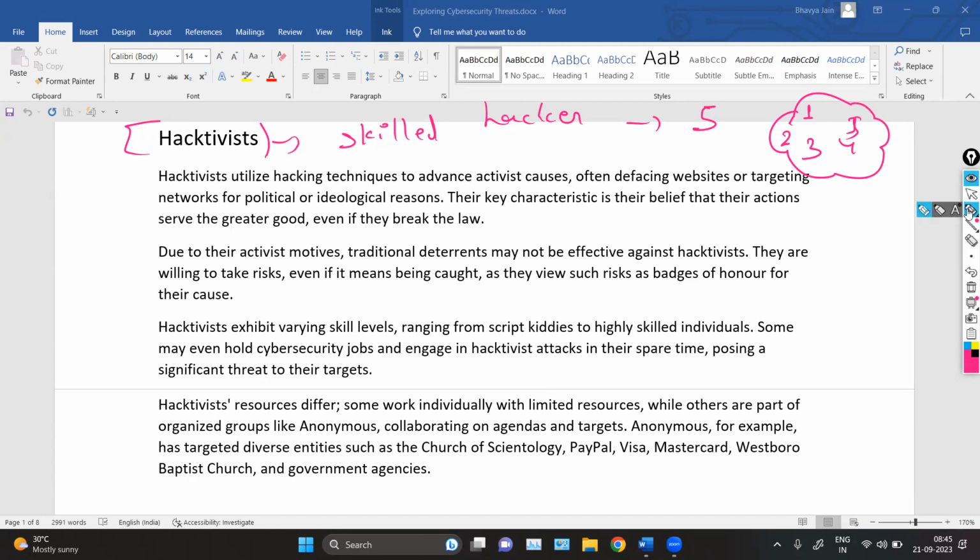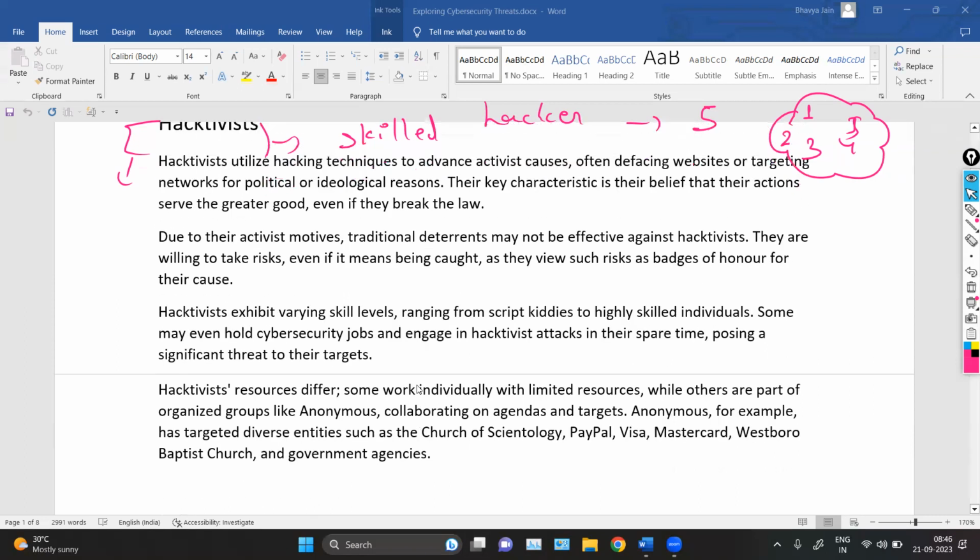First, they are skilled hackers, and second, they also have various resources and funding. They can take resources and funding from the government, let's say if they are spreading any political agenda, or any political or religious beliefs. For that, they can also get resources and funding from a cult or from a terrorist group, etc. So they are also illegal hackers. So this is all about the hacktivist.